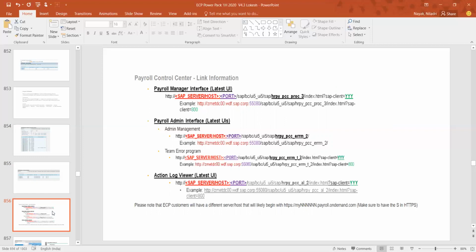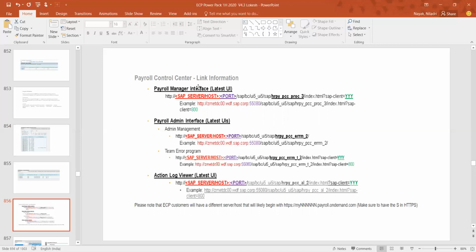The pattern is very simple: you will have the SAP server host colon port, followed by the SAP VC UI5 path, and followed by, as I have highlighted here, a dedicated service for that particular interface.